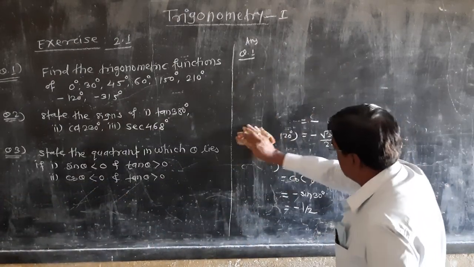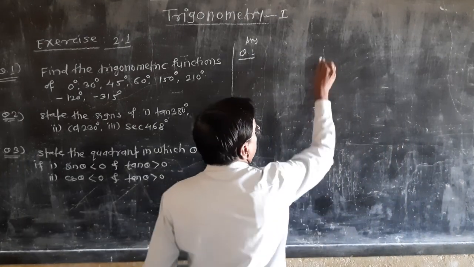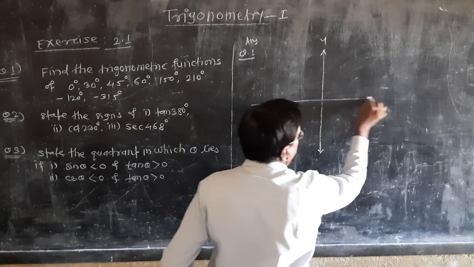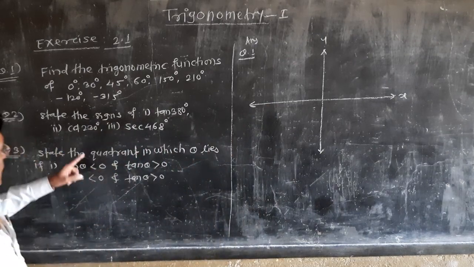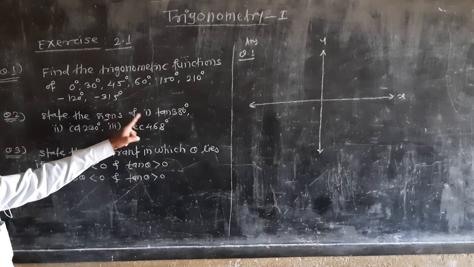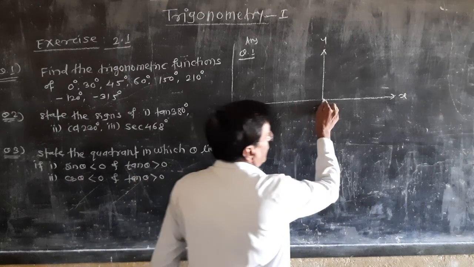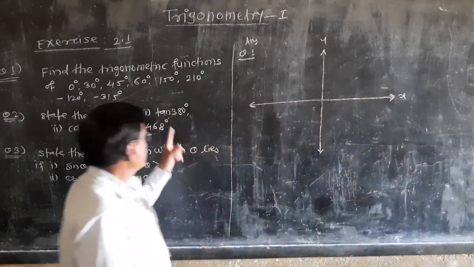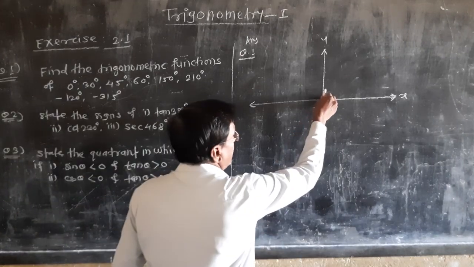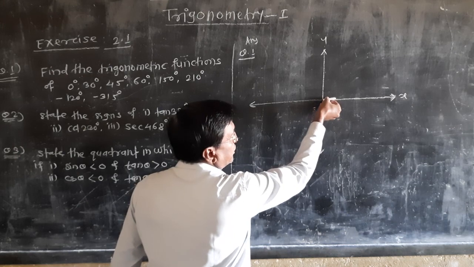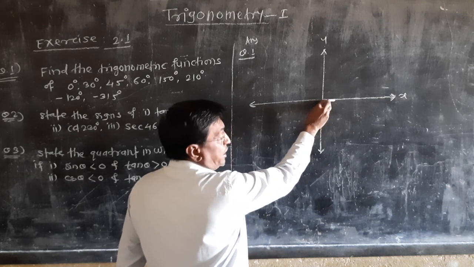Now the second question will be that. You know the range of each quadrant. Suppose that this is our y-axis and this is our x-axis. And now we have to state the sign of number 1, tan of 360 degree. This is our initial arm, and at the measure 360 degree, where is our terminal? Observe that the terminal will be rotated from 0 degree like this up to this. It will now approach 360 degree.